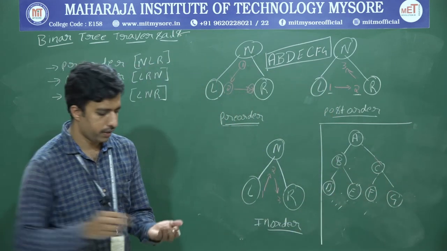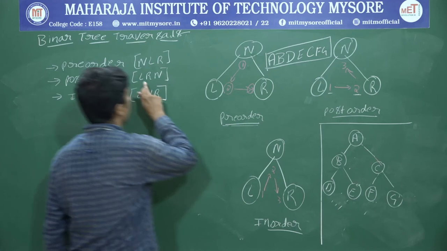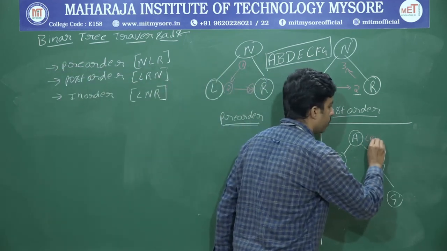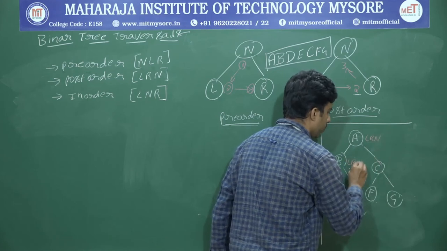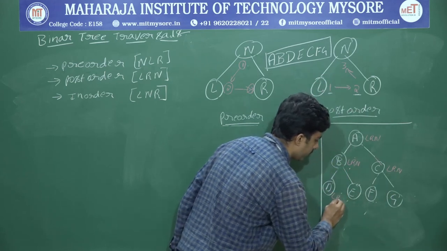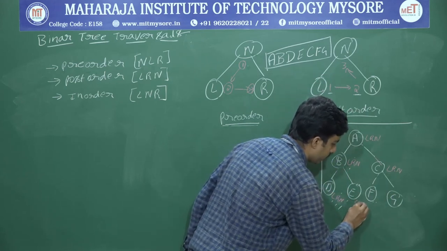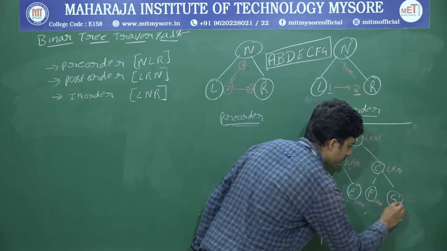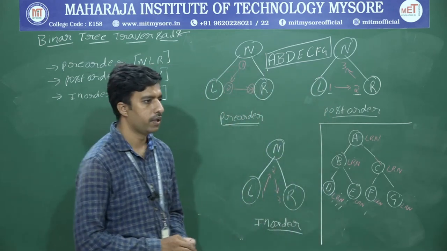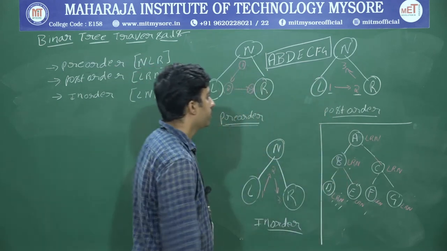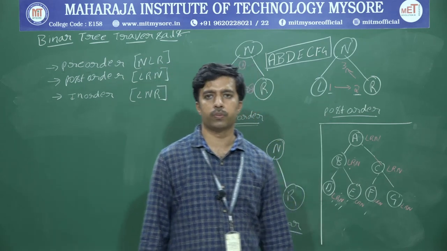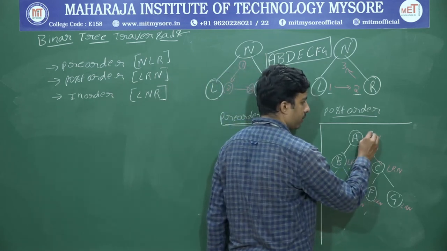Okay, for the given tree, post order is left, right, node. Okay, write down left, right, node. For each and every node, you are supposed to write that: left, right, node. Okay, fine. See, it is visible, I think so. See, post order: when the node is encountered, you are supposed to print. Otherwise, don't print that one. Left is there.